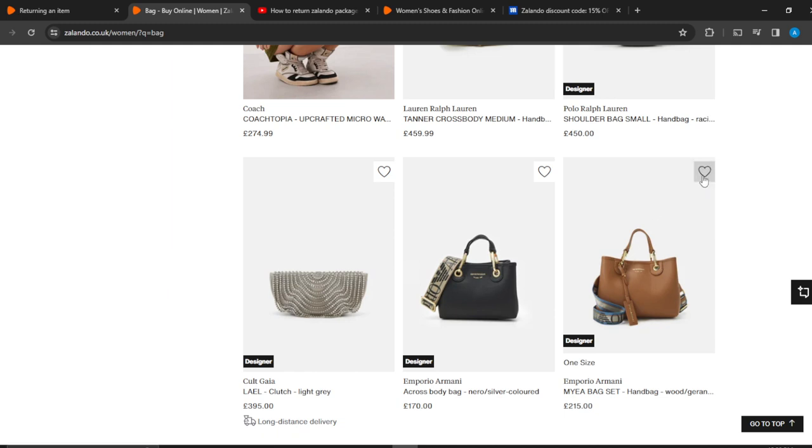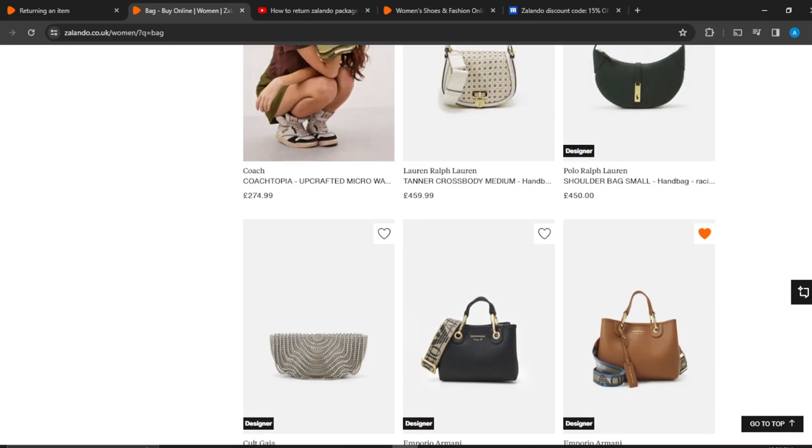You see this heart icon right here at the top right corner of the display, of the specific screen where the bag is. Click on the heart icon, and once you click on the heart icon, that's it. That's pretty much how to add to wish list. How do I know? I have the heart icon. Please remember the bag color, nude. And then click on back, go to top,